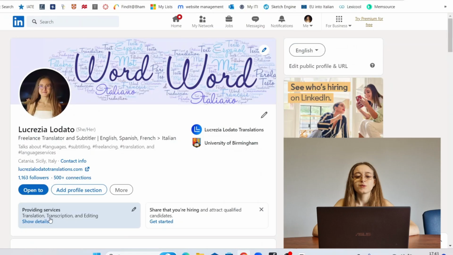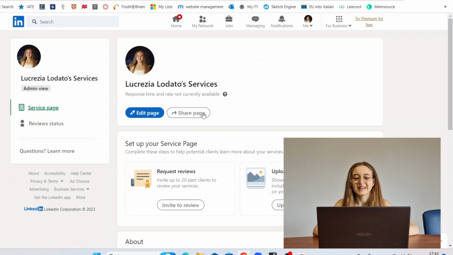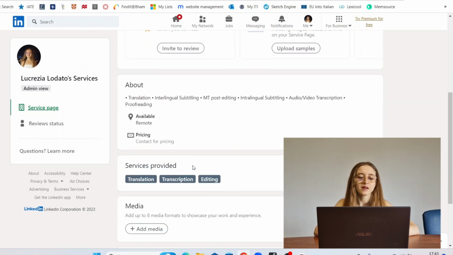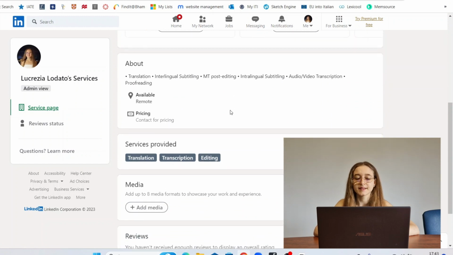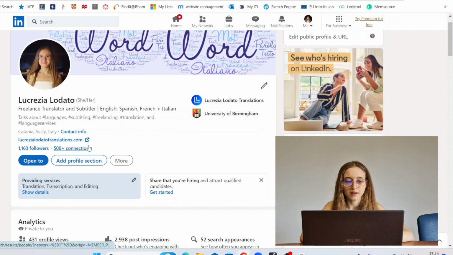And I guess it is a more recent feature, but now you can add the section providing services. They are limited because there are not all of them. For example, I've added translation, transcription, and editing. I've not found subtitling, but that may be useful to add. And of course, you can also add your link to your profile to have it appear here